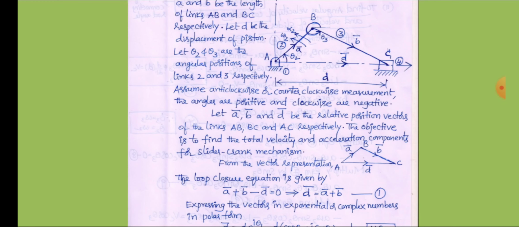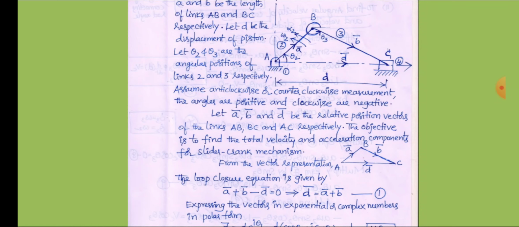Where d is e power I theta 1, I can write it as cos theta 1 plus I sin theta 1. That is equal to simply small d, because theta 1 is 0. What is theta 1? It is the angle made by the slider with respect to the point O. So it is perfectly horizontal because both are in line with each other. So theta 1 is equal to 0. Simply remember, d bar is equal to d only, finally, after representing that vector in exponential or complex number polar form.